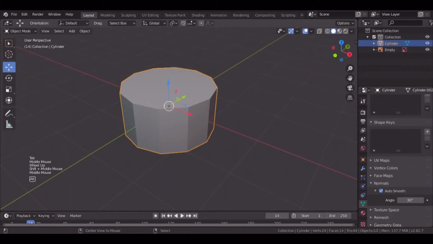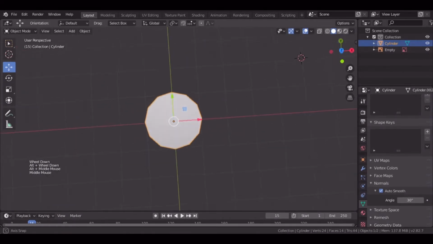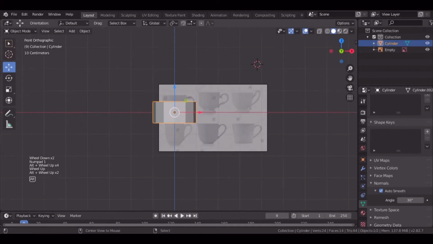So you have your cylinder. You don't want too many polygons for it. I usually use 8, 12, or 16. I don't go too far above that for Roblox anyway. And for the cup,